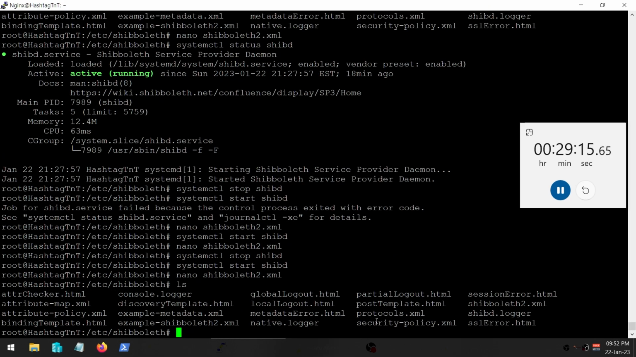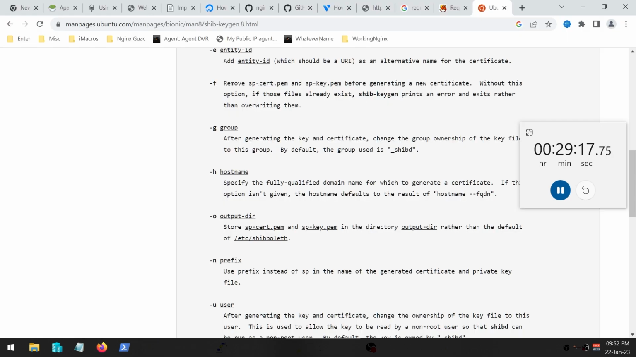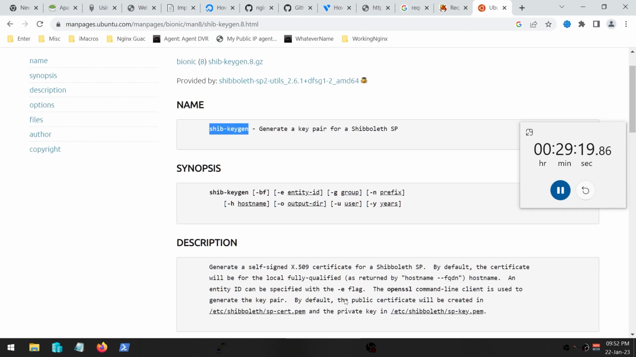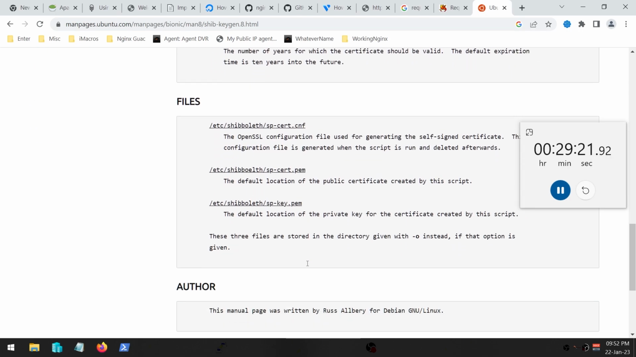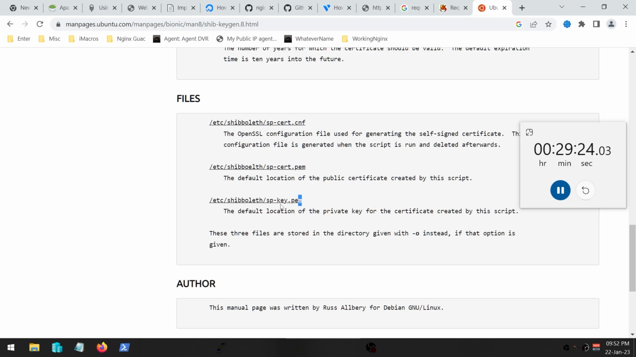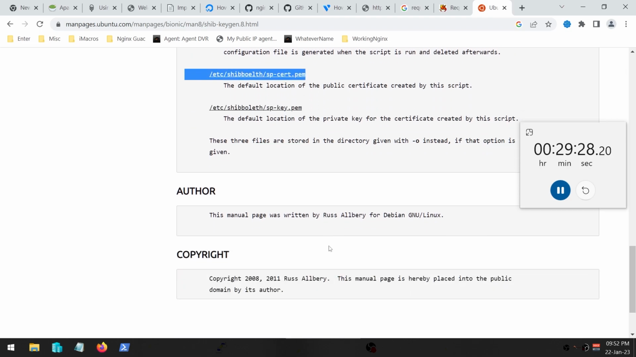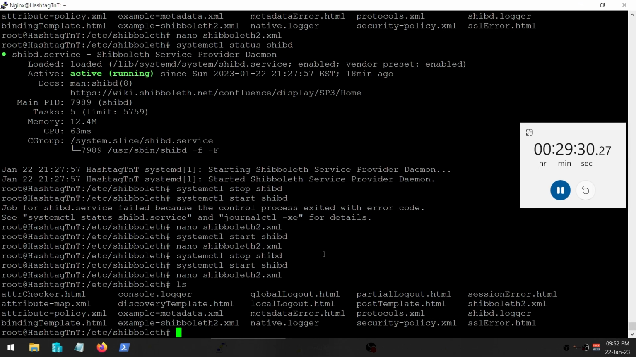So it'll be sp-cert, and what was the other file called? sp-cert, sp-key. So it will create these two files. And that's it. So covered Shibboleth, Nginx